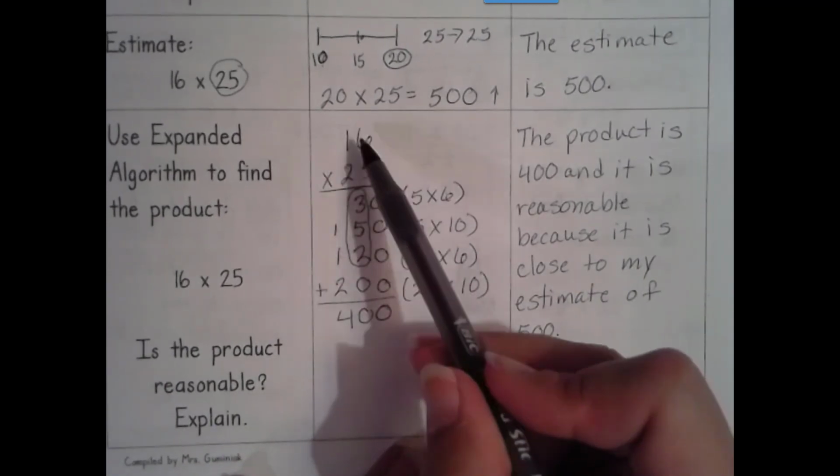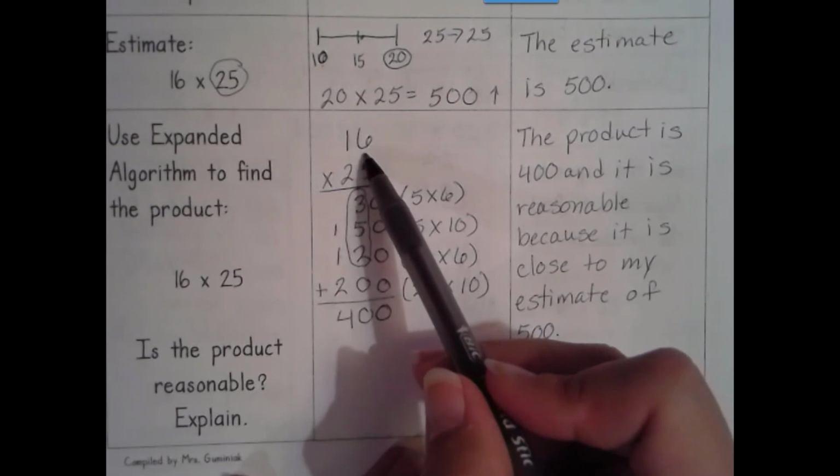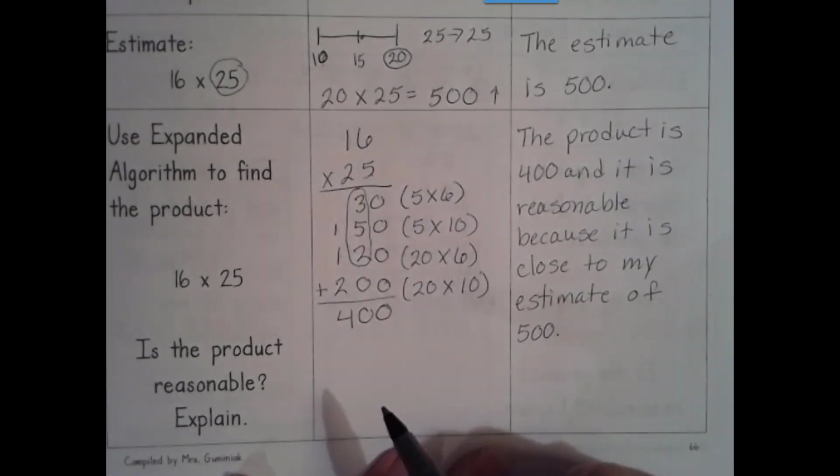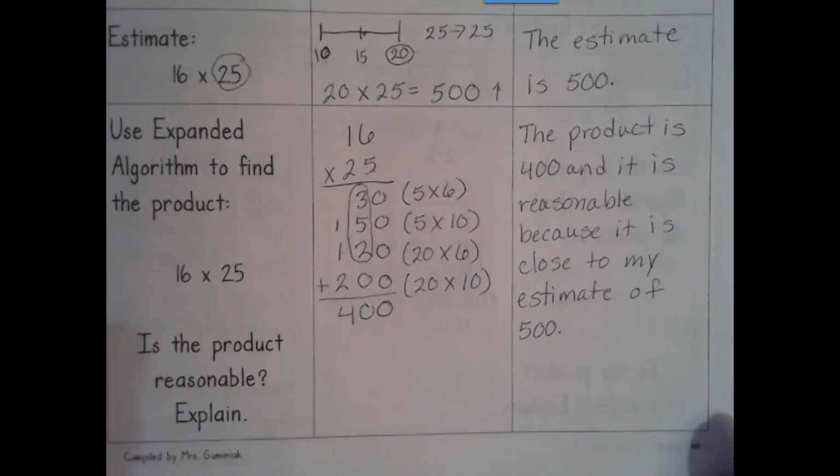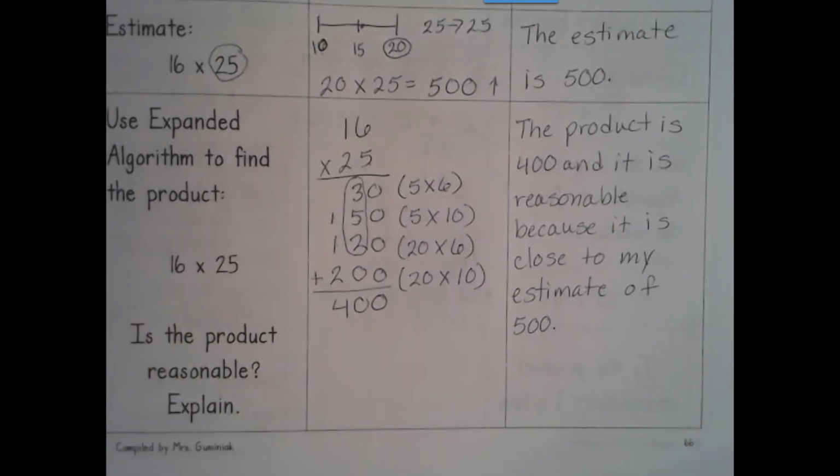If you think of 16 quarters, that's $4. 400 cents. All right, now that we've done a little more practice with our expanded algorithm, I would like you